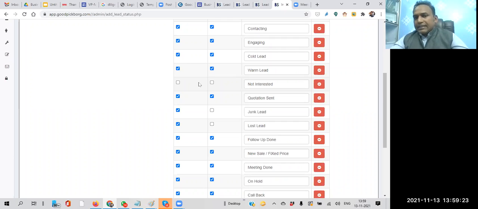Let us take the next example, junk lead. I have included the junk lead option in the qualified lead, but I have removed it from the pending follow-up. Similarly, I have done the same for the lost lead also. I have included that option in the qualified lead, but removed it from the follow-up lead. What is the difference? Let's understand.